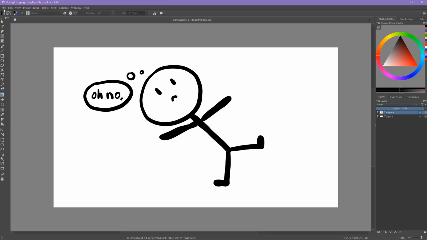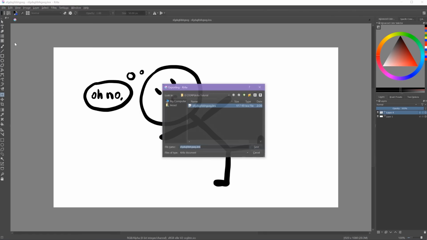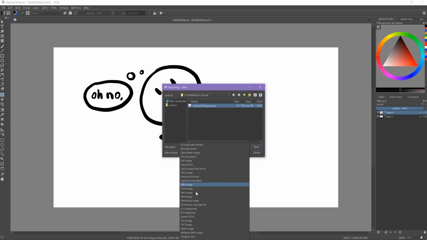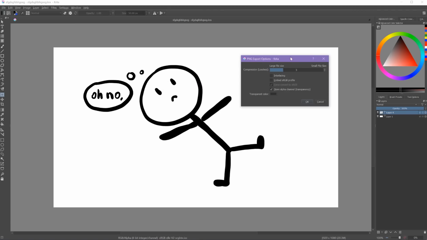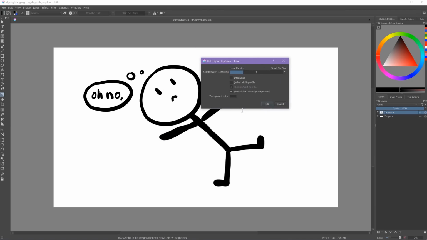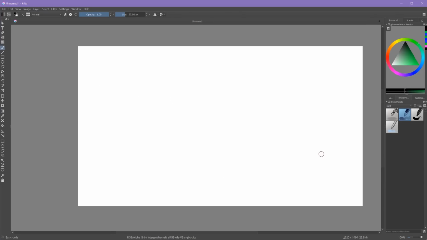So we're going to go up to File, and you can either use Save As or Export. I'm going to select Export. And down here, we're going to select PNG. That'll give you the option of using transparency if you want it, and it's also a really good file format. So we'll make sure it ends in PNG and click Save. It'll give you a little pop-up menu. I would probably just leave all this by default and just press OK. And now we can use that PNG image to send to our grandma or upload wherever we want to on the internet.